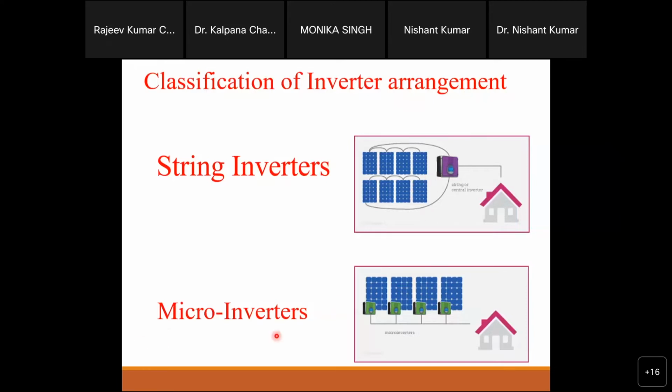Similarly, on the microinverter side, the good thing is that this is more reliable. If any fault occurs on one switch or one converter, one small group of panels will not work but the rest will work. So this is more reliable. If you think about the size of the plant, here we can go with multiple, 10, 100, according to your choice. You can go with a big number of solar panels. You have no issue because you are just connecting in parallel: you make a group, connect it with one converter and attach like that. So this is the flexibility you will see here. With time you can add on your panels and make a larger system like that.